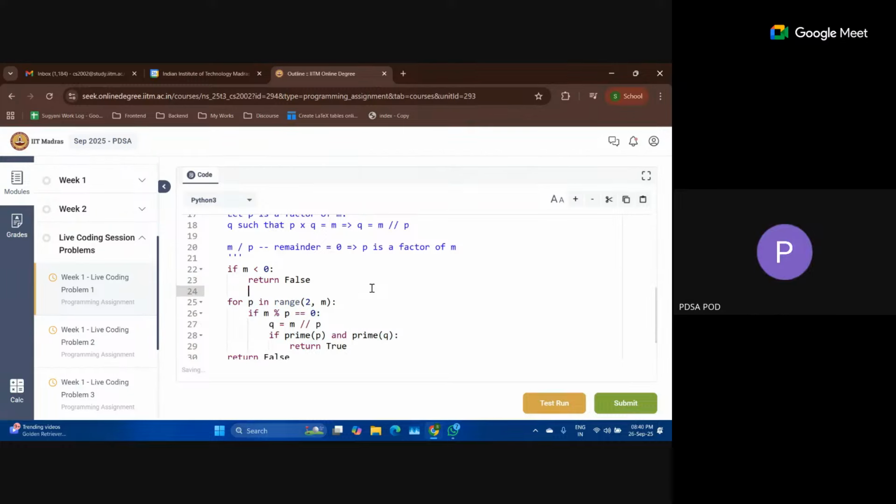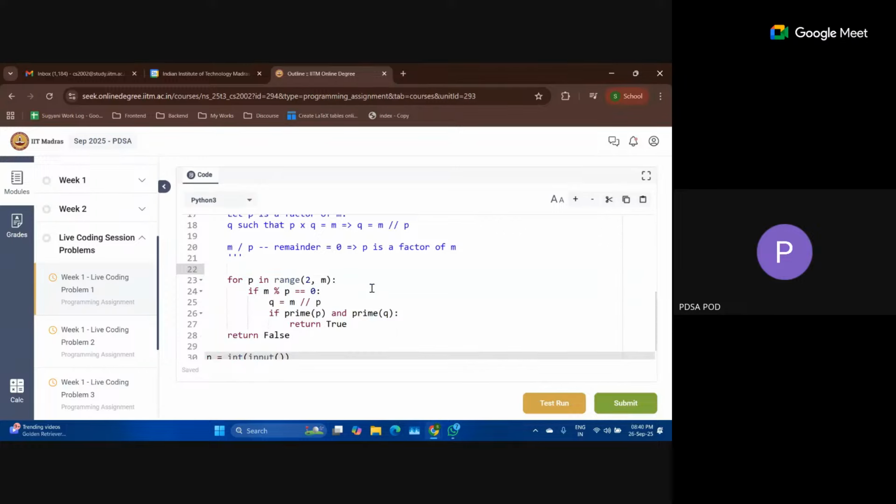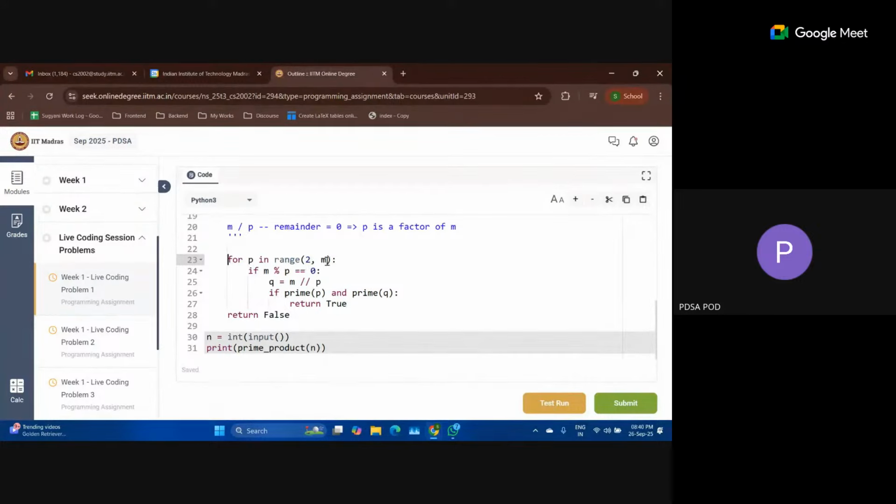So what he is pointing out is, suppose I'm not having this check, and I'm inputting m equal to -1. Then what will happen here? This particular for loop will not be executed because I am going from 2 to m. From 2 to -1, I cannot go in the negative direction, right? I am going in the positive direction from 2 to m, and -1 is less than 2. So this loop will not get executed at all. It will skip the loop and automatically return false.